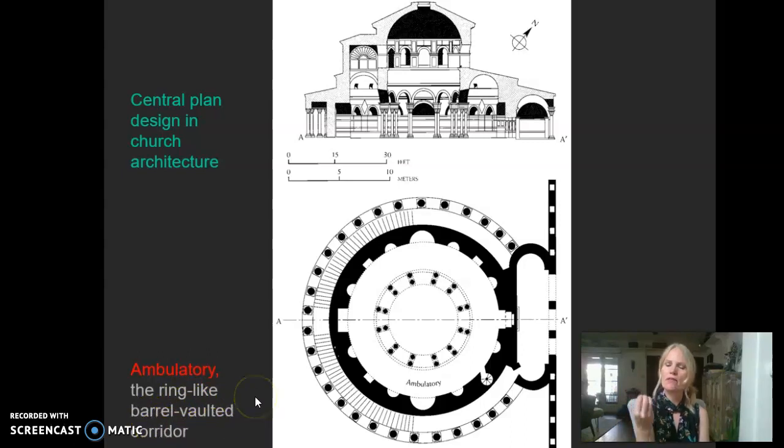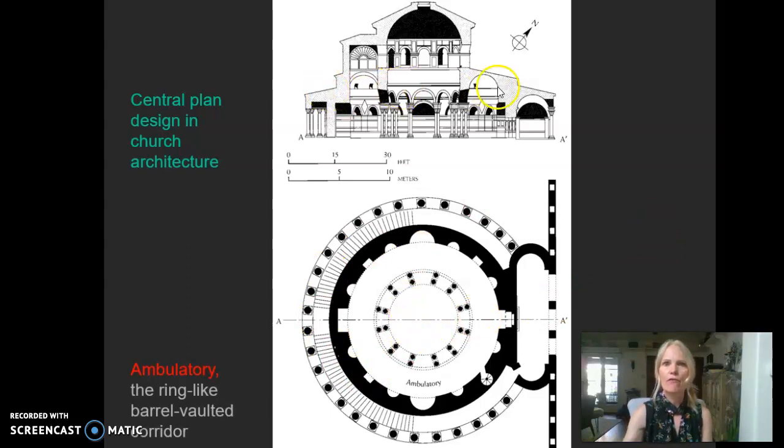So again, because of the invention of the barrel vault and because of its strength and that it can channel weight effectively, they were able to run this continuous circular barrel vault around that mausoleum space with a central focus on the star of the show, to whom the mausoleum was dedicated, Constantine's sister, Costanza.